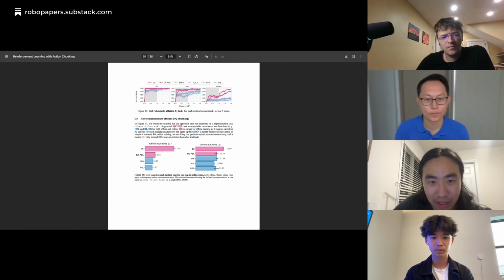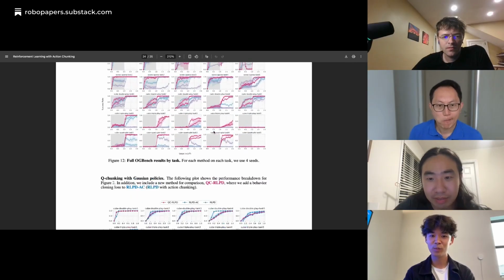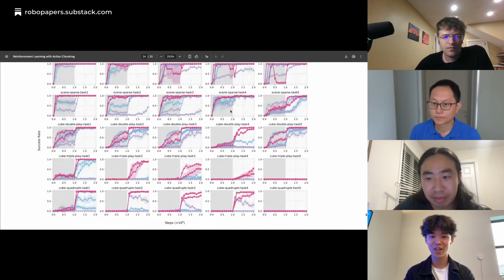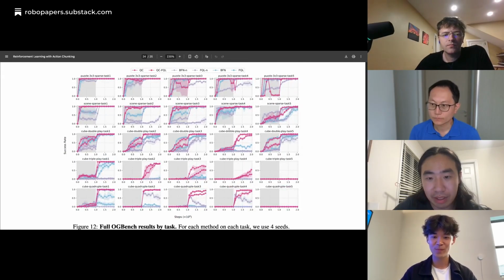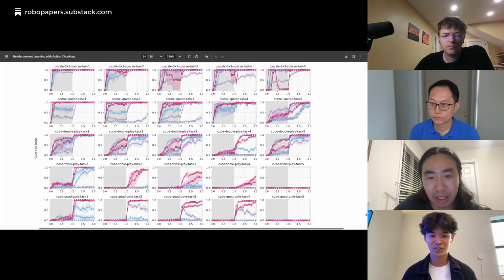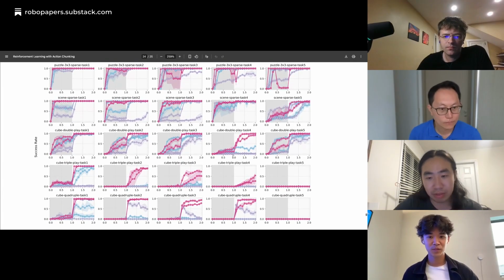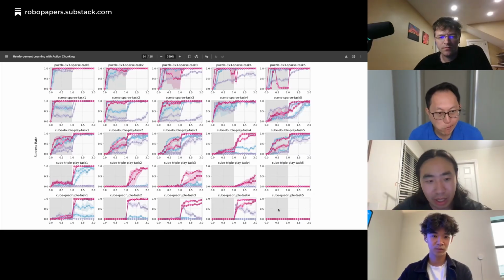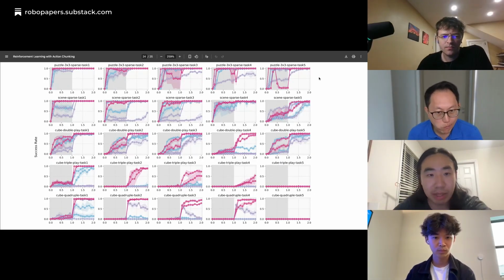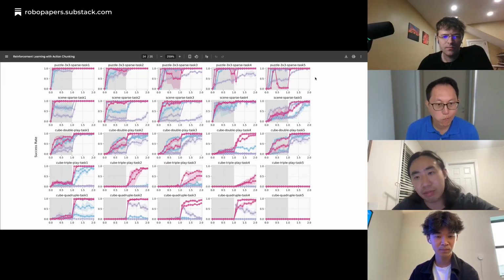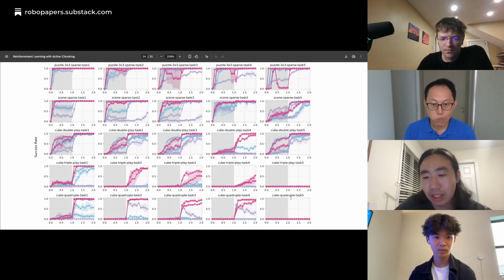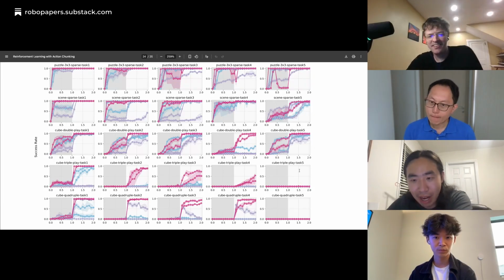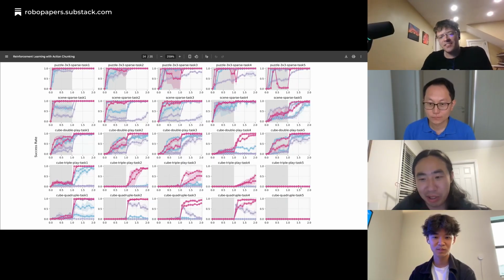So let's go to the appendix. Basically, what cube quadruple means is that there are different subtasks where the distribution of the cubes is different, and some are more difficult than others. That's right. So we have the complete plot here, where each row is one domain and each domain has 5 different tasks. This is all part of the OGBench benchmark. You can see that task 5 for triple and quadruple, we actually couldn't solve in our experiment.